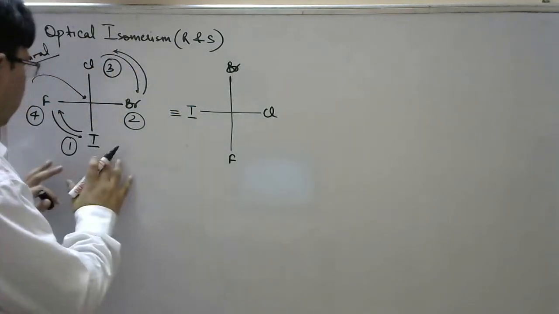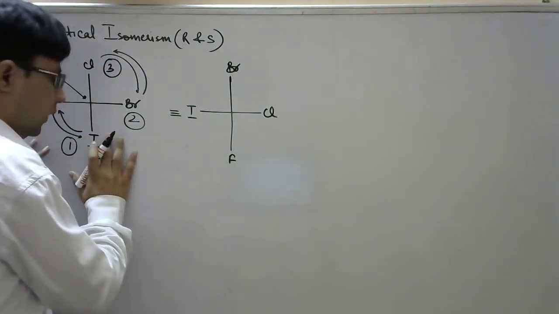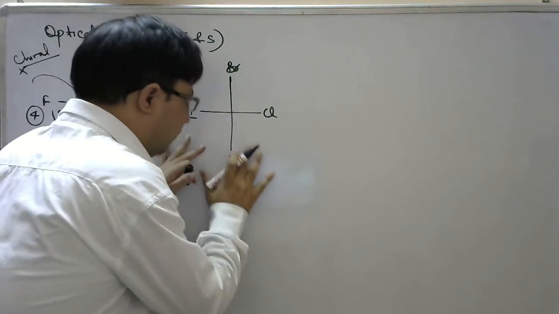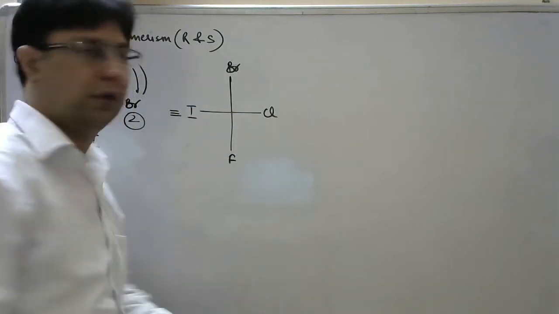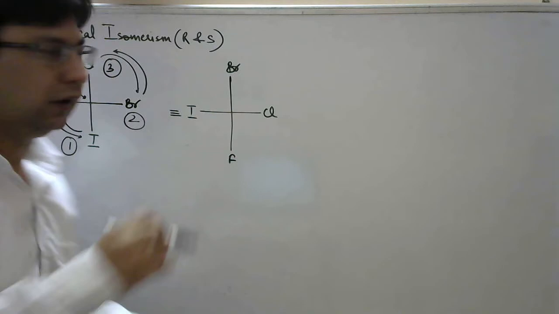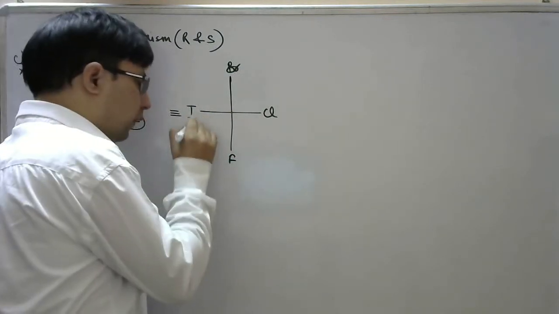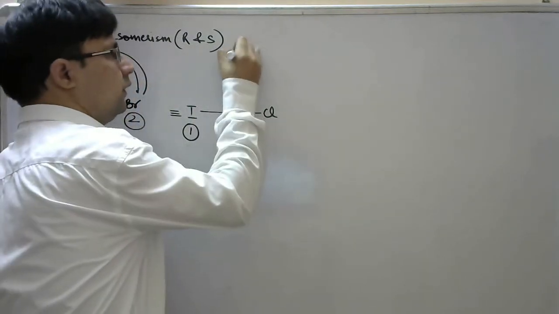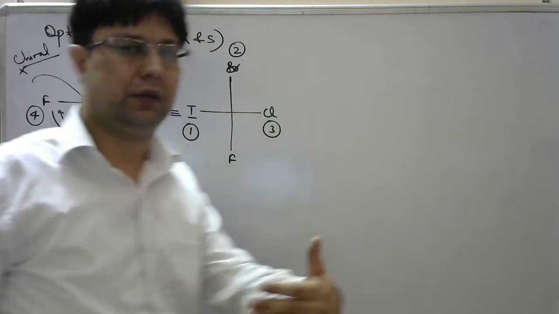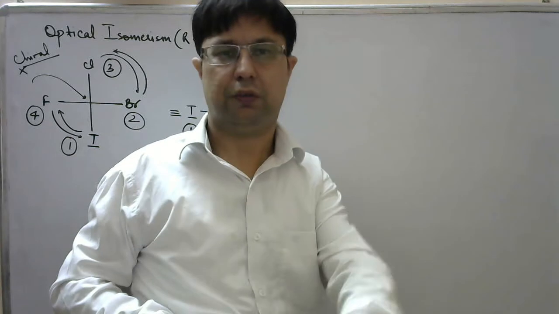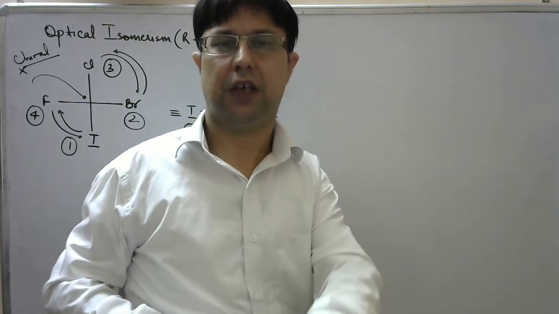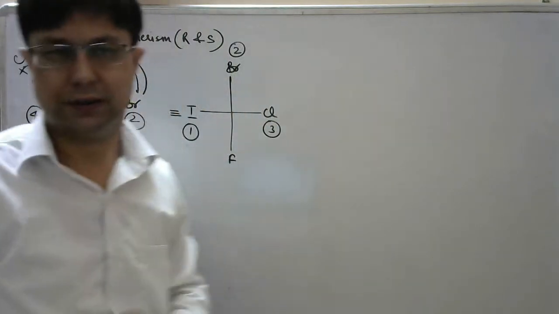Clear? Whatever this structure is, it is identical to this one, but our main focus will be on this structure. Why? Because here the fluoro group is at the bottommost position of the Fischer projection. Now we already know this is highest, this is second highest and this is the third highest. Once we bring the lowest priority group to the bottommost position of the Fischer projection, after that we just have to see the other group sequence.